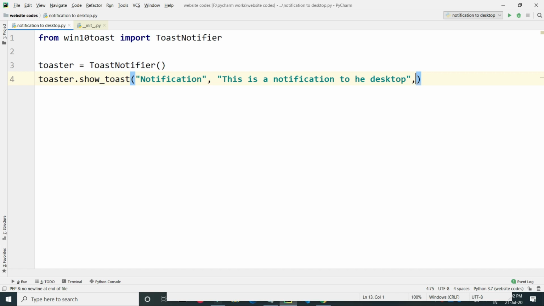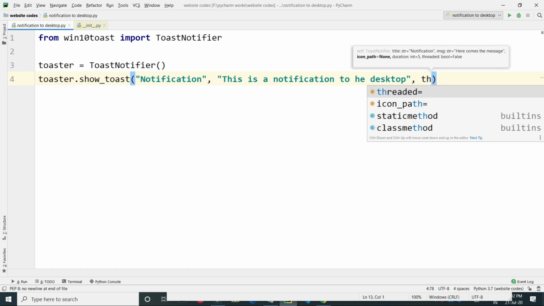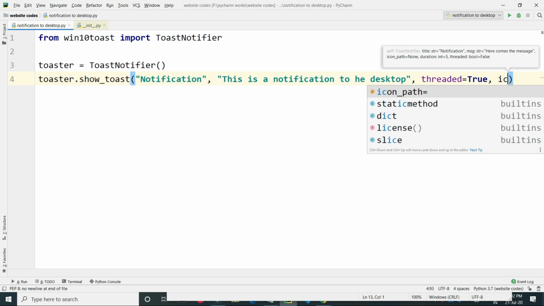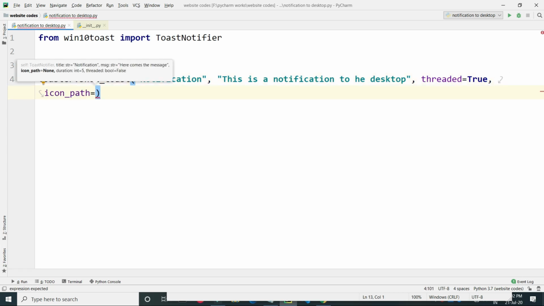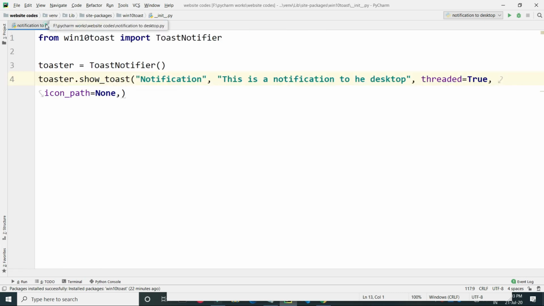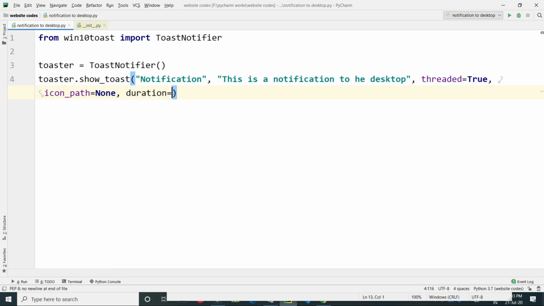Now we will type thread equals True, and we'll type icon_path equals None, and then there is one more thing, I think, here is the duration. So we'll also type duration equals, let's say, 3.